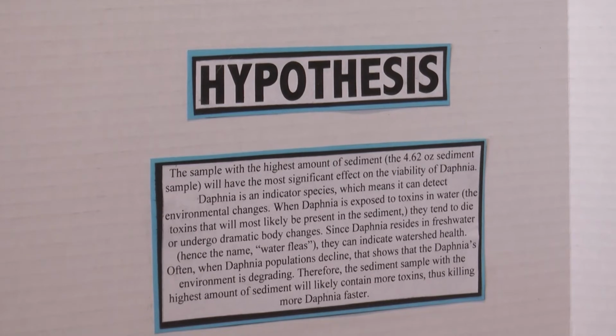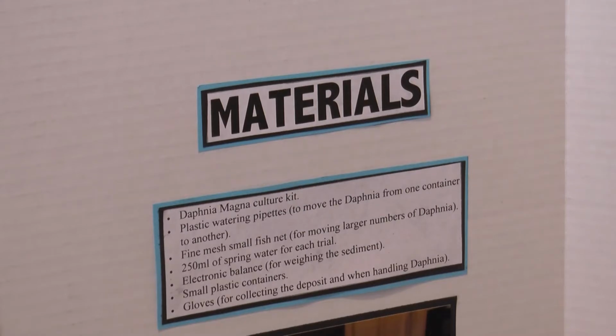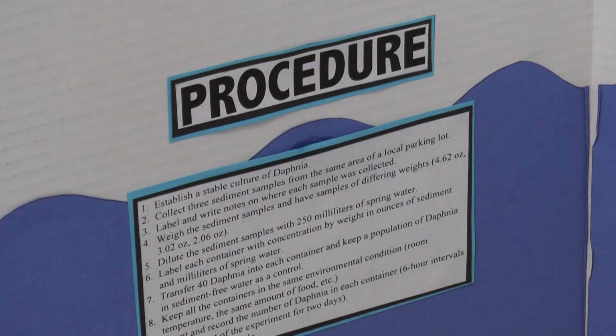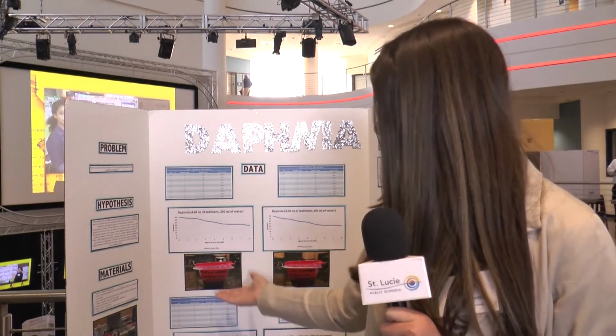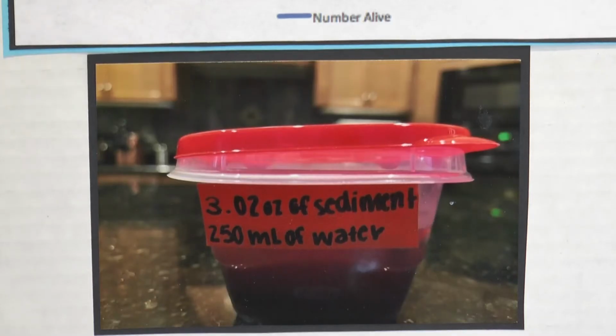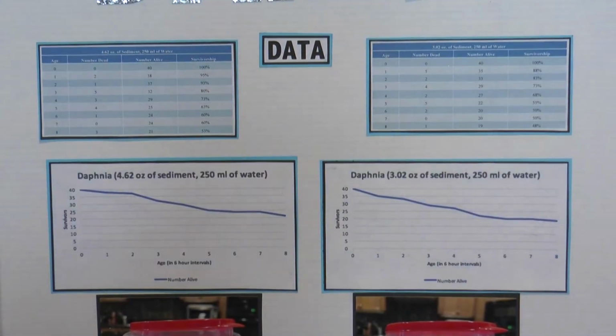So for my project, I established a stable Daphnia culture, and I took different samples of sediment from a parking lot, because parking lots, obviously, may contain a lot of pesticides, stuff like that. So I took different amounts of sediment and put them with 250 milliliters of spring water into different containers. The highest one I took was 4.62, and then 3.02, 2.06, and then I had one with no sediment at all. So I put 40 Daphnia in each of those containers to see which